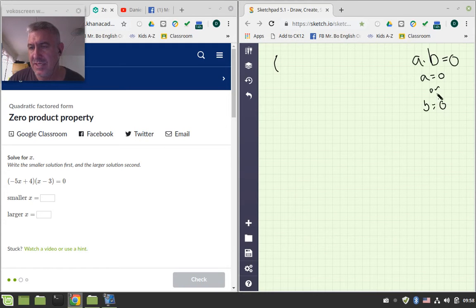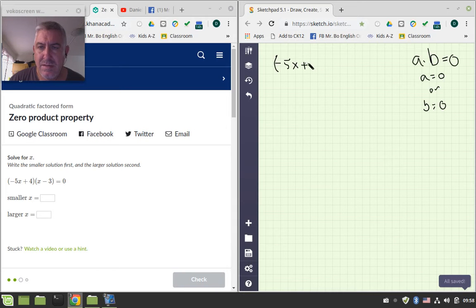b equals 0 or both, because if a is 0, then b can be 2 or 15 or a million, it doesn't matter, and the answer is 0. If b is 0, then a can be negative 5 or square root of 7 or e to the 5th power, it doesn't matter, and this is all 0. So when we have an equation like this, negative